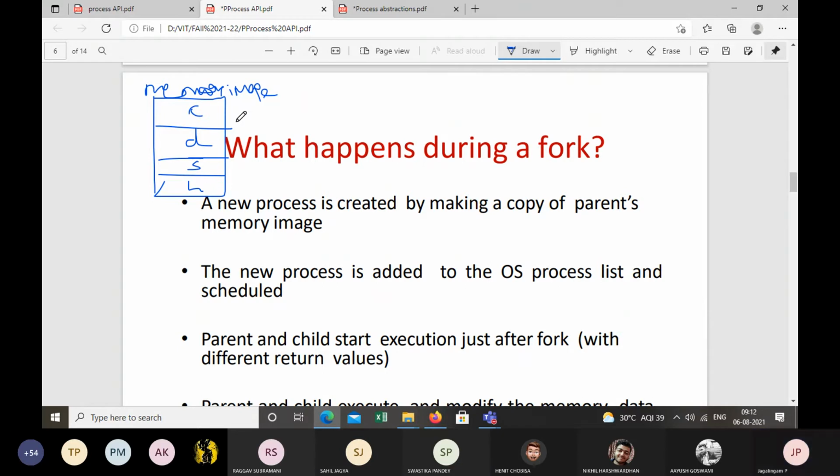Now, what happens during a fork? So let's say this is the parent process, and the parent process has a memory image which has code, data, stack, and heap. Now, in the code of the parent, the parent invokes a fork system call. Now what happens?